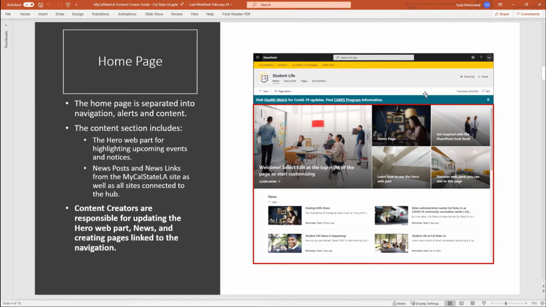And that too, you could have something pop up on an alert. You would just have to work with Alex's team to say, hey, we would like an alert to pop up. Again, maybe open enrollment, and you want it to only target staff and faculty. You don't want students to see that alert. So you could do that, and then the faculty, when they come to any page on the intranet, would see that alert pop up, and they would see that alert and be able to act upon it. So that's the alerts there. And like I said, you can have alerts go out. You just have to work with Alex's team to get those sent out.